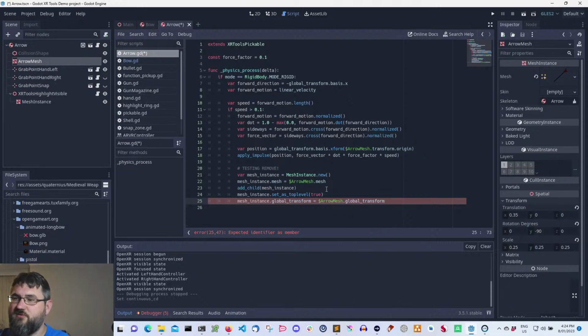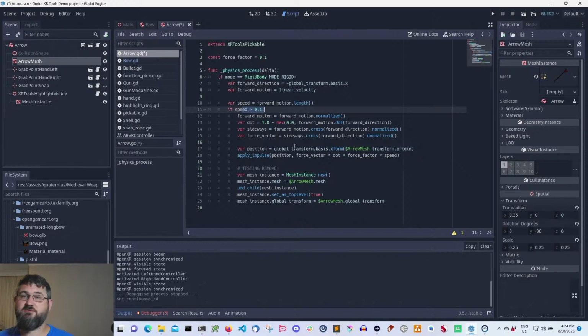All right. So that's the first thing that we're going to do. This is going to make, every physics frame, a copy of our arrow and show where it is. We will actually be able to trace a path through the air as it moves. Also give us a little bit of an indication whether that is trustworthy. Now the other thing that I want to do here